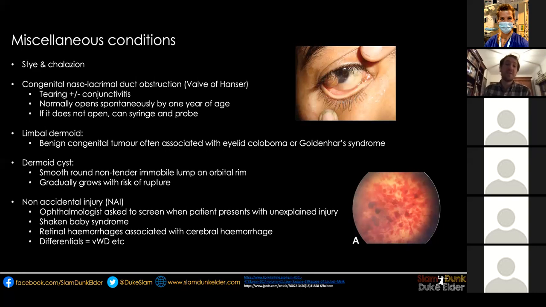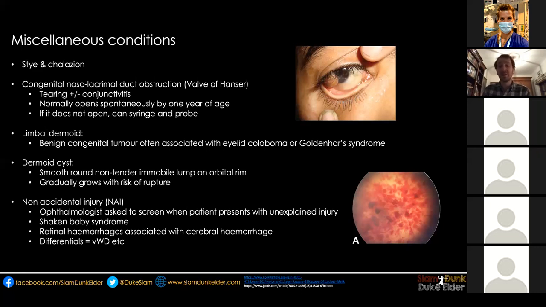Limbal dermoid. So this is what this picture is showing here. So it's a benign tumor, also associated with Goldenhar syndrome, on the limbus of the eye. So that's what that one is. And then a dermoid cyst, again, is a non-tender immobile lump on the orbital rim. The issue with this is there's a risk of rupture, so you can surgically remove them if you're worried about that. And then the last thing to mention is